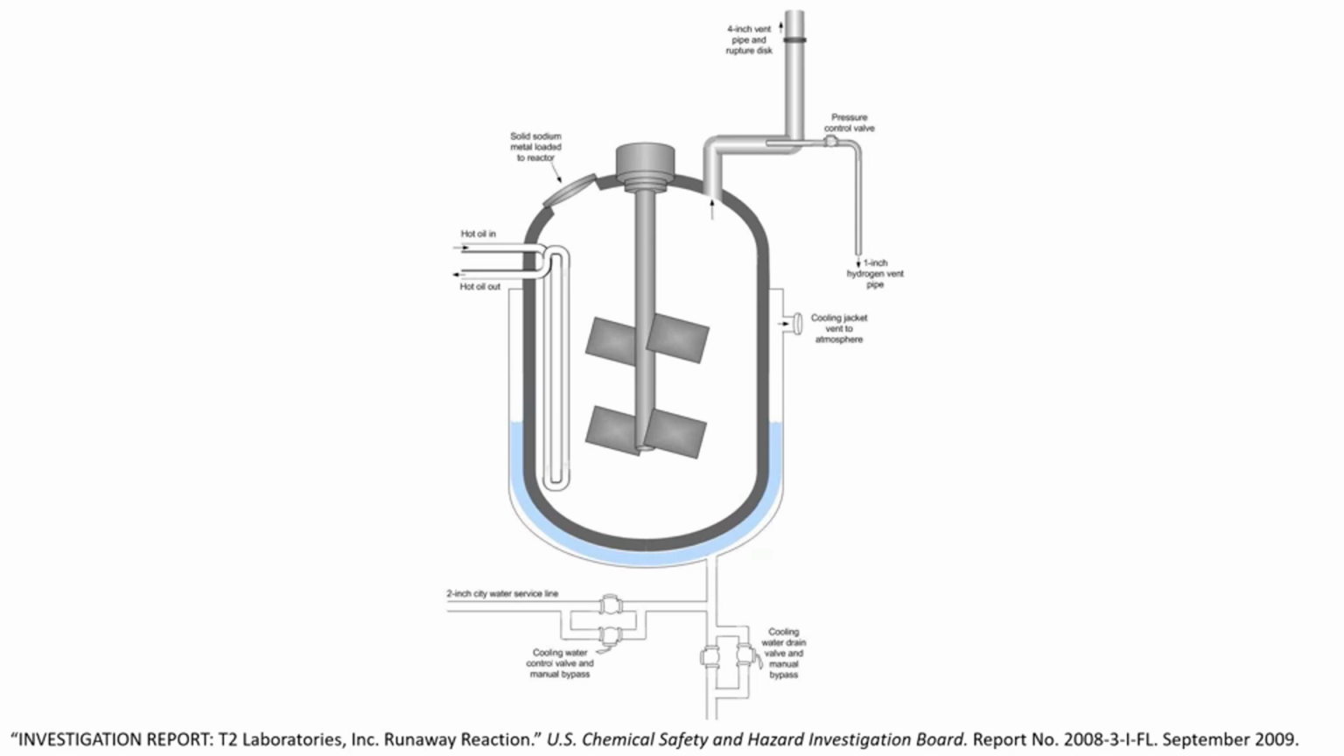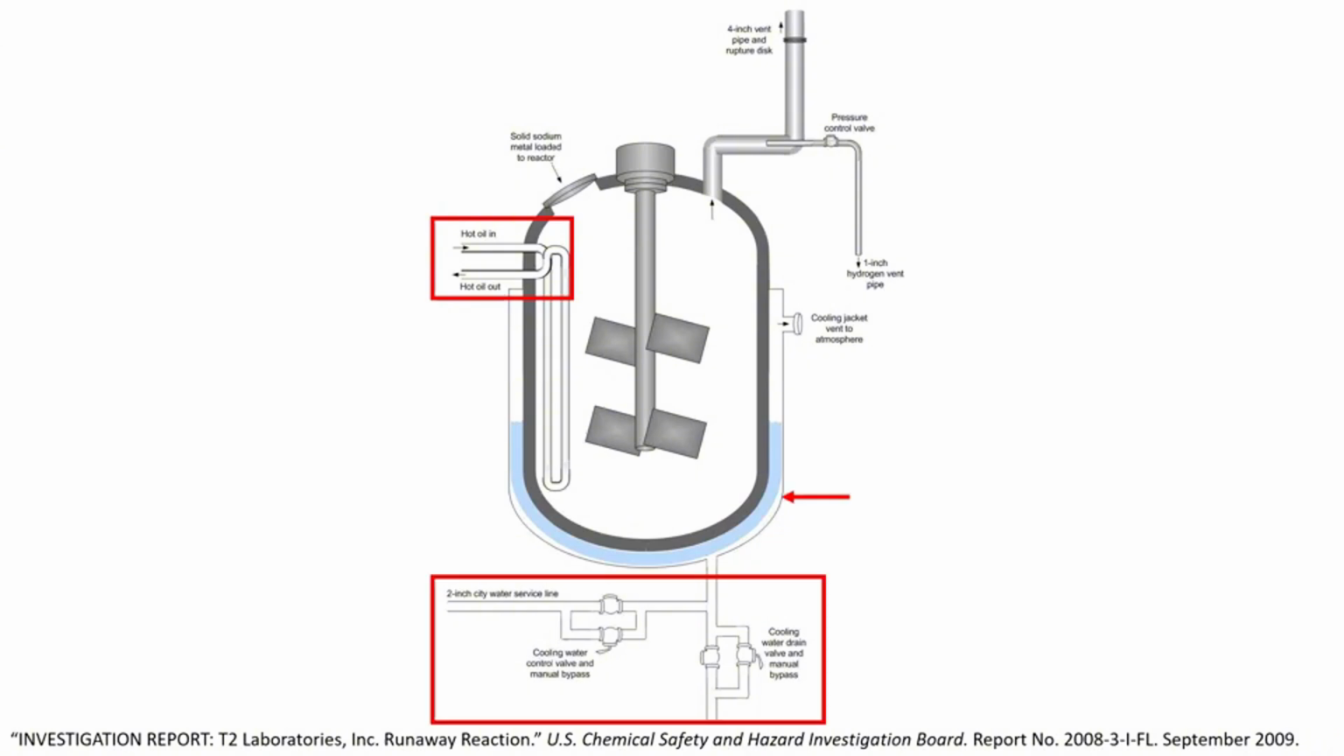In the first reaction step, the reaction mixture was heated using hot oil, and once the temperature reached a certain threshold, the temperature was to be controlled using a cooling jacket, which was supplied by a 2-inch city water line. Now, the reaction was scaled up directly from the 1-liter batch size to production size, so the challenges that occurred due to heat management and the difference in the surface area to volume ratio were not completely understood. Now, when pressure would build up and get too high in the system, there was a pressure control valve